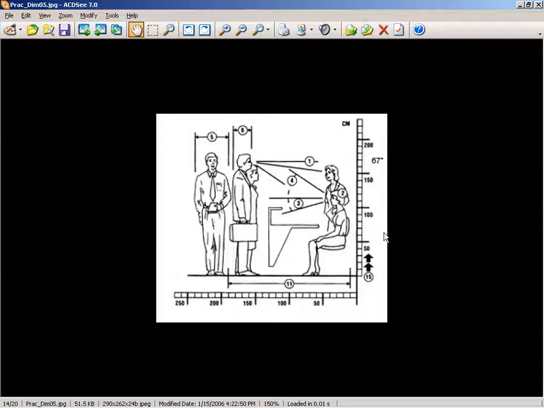Another good reference is humans. The average human height is about 170 centimeters, which is roughly 67 inches. But that's only to his eyes. So if we add another 4 inches,